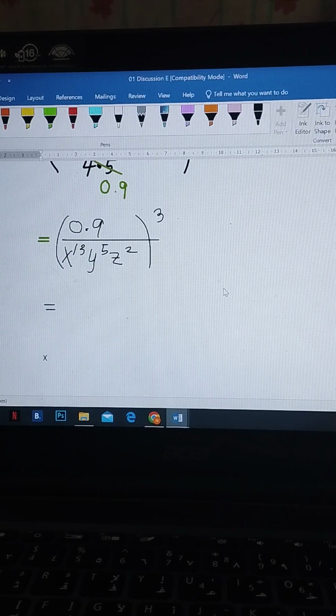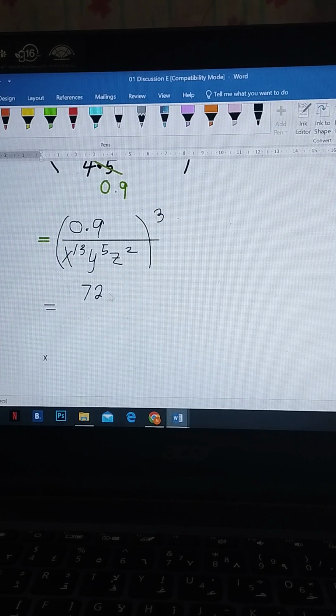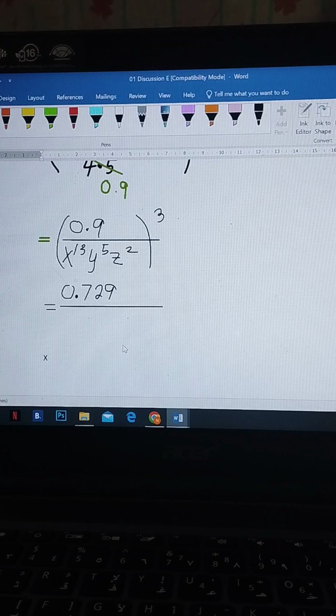Okay, so 0.9 times 0.9 times 0.9 is 729. So how many decimal places? 1, 2, 3. So that is equivalent to 0.729 all over